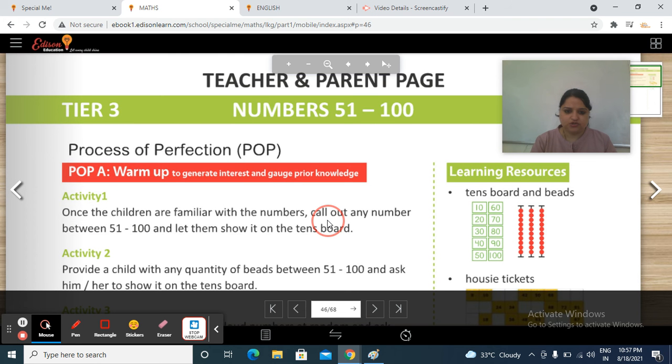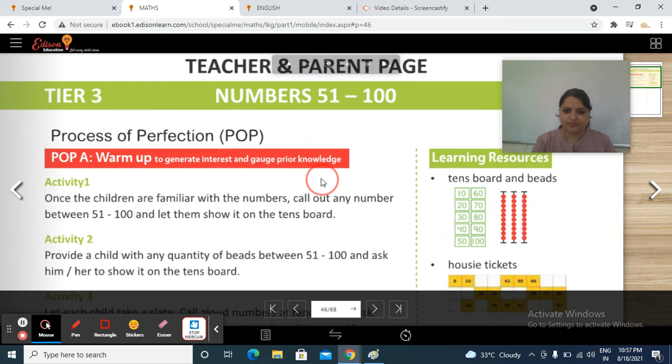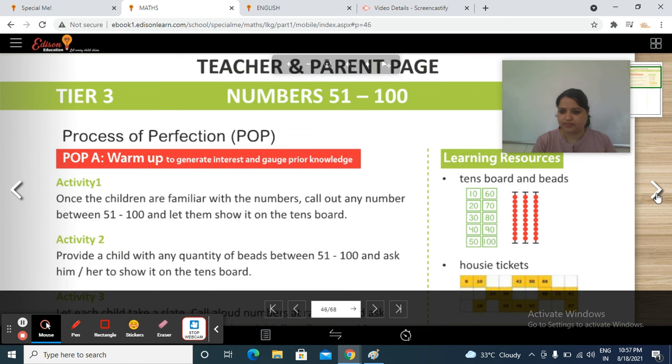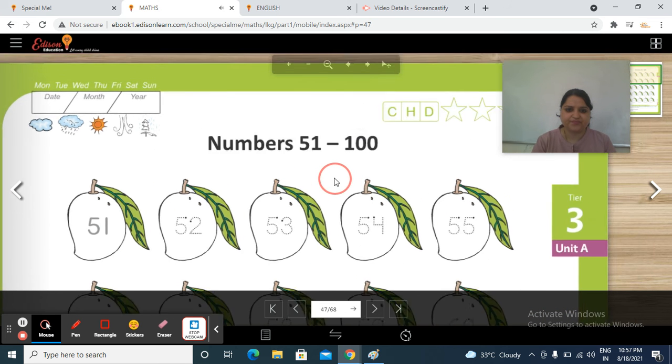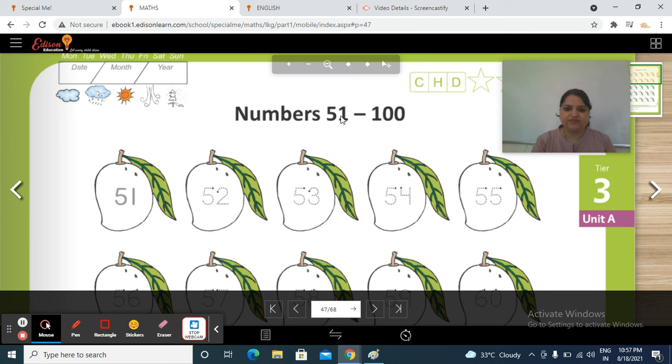Right? So, let's move to the next page. Now, see on your screen, here are numbers 51 to 100. So, first of all, you have to circle today's day, mention here today's day, month, year, and check out the weather and circle the weather.